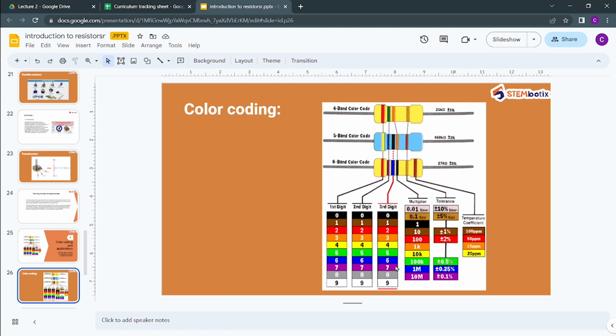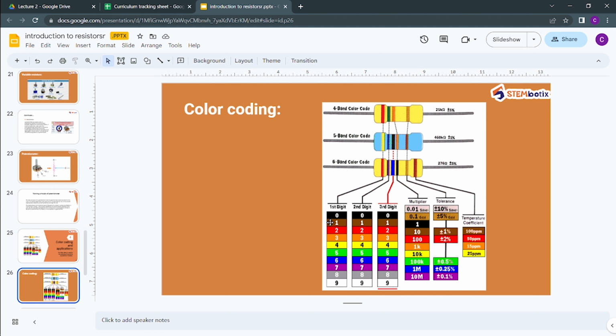The second has 5 bands of different colors, and the last one has 6 bands of color code. And through algebraic and mathematical operations, you can find the value of a resistor which is unknown. If the resistor is given to you and you don't know how many ohms it has, you can check or estimate the value of that resistor by its